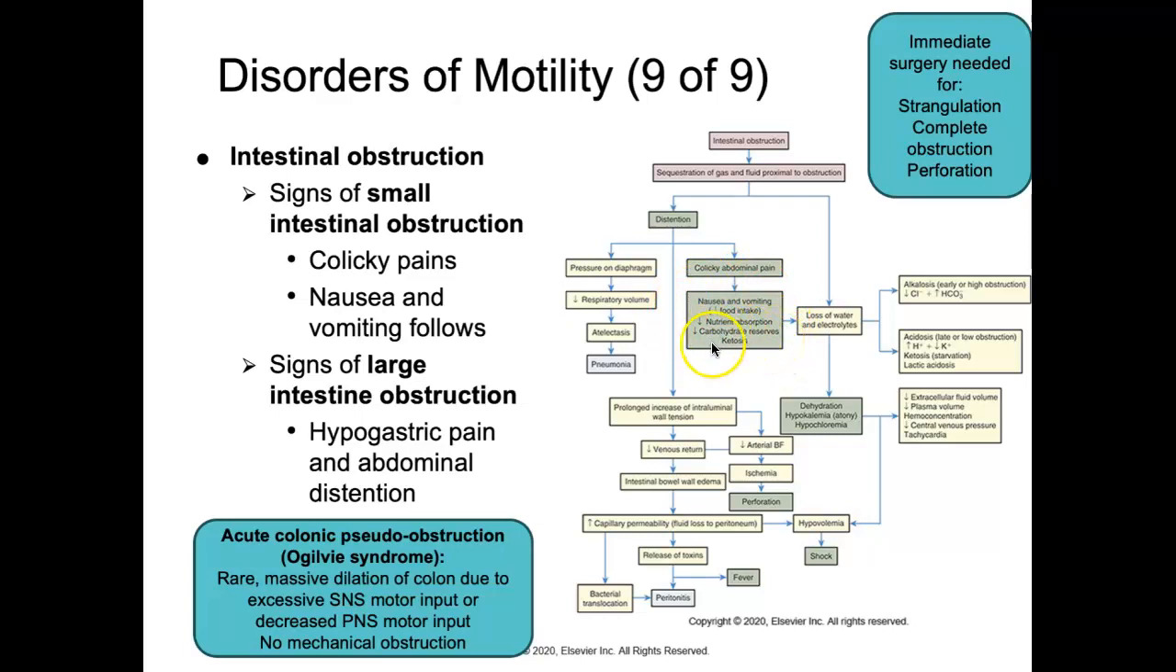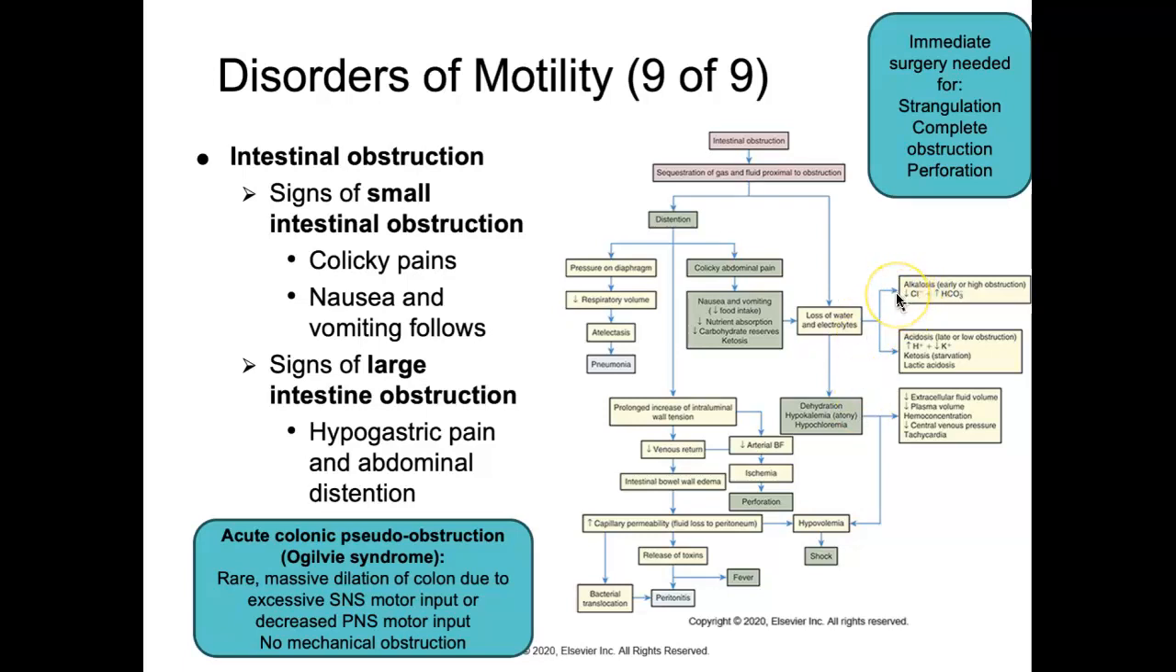We're going to see a decrease in our carb reserves and ketosis. And because of that fluid imbalance, we can then develop dehydration. And with that is going to come an increased hematocrit. We get hypotension and tachycardia. So this all is going to contribute to our